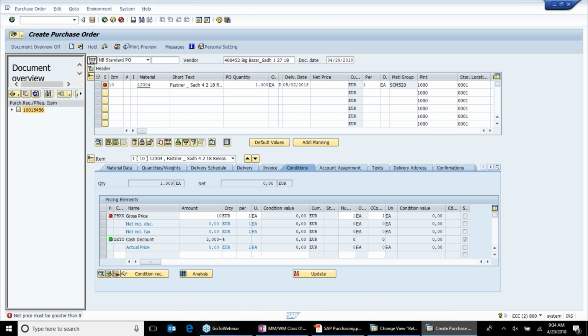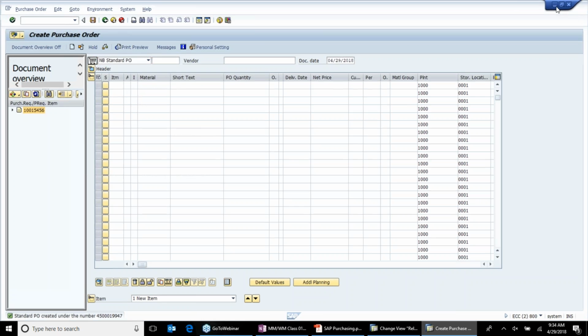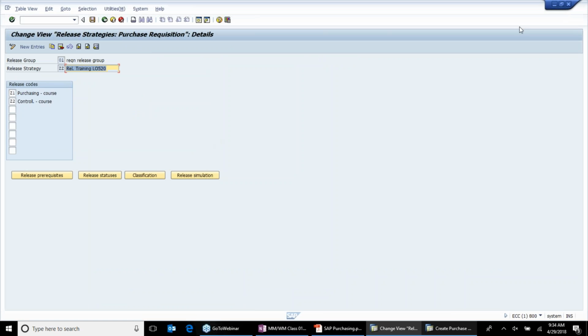I enter my value. Now there's no problem. And then we hit save. Now we are able to create a purchase order successfully without any problems. PO created under the number. We created PO,